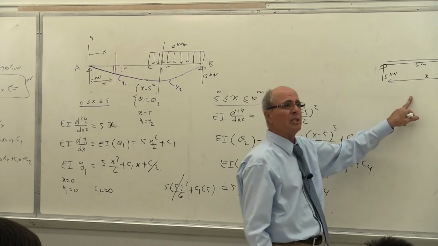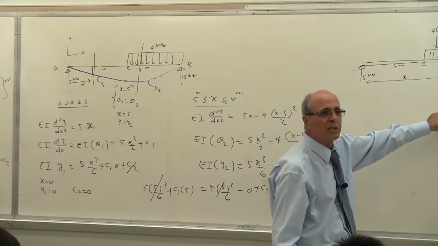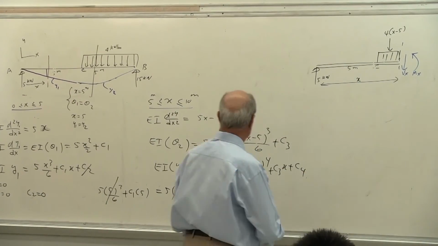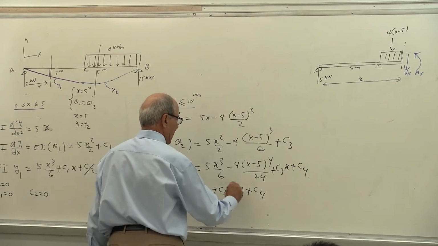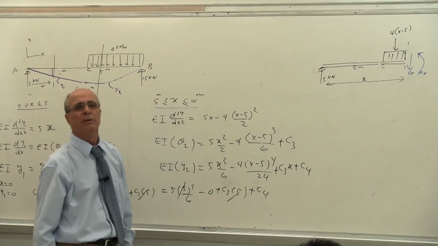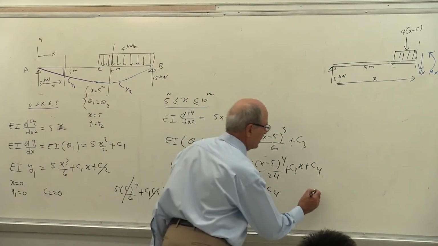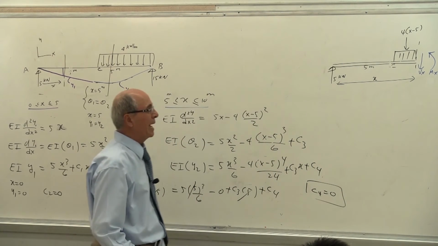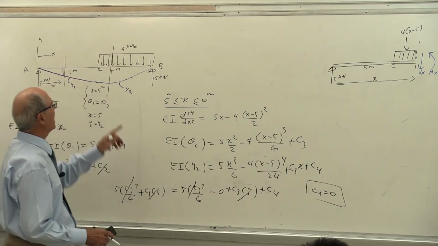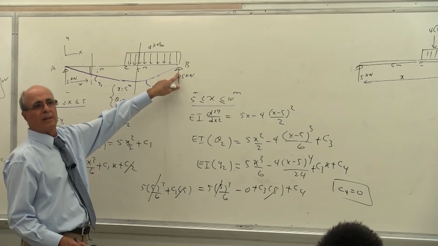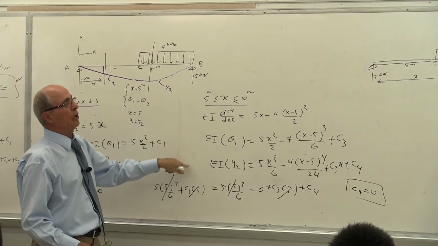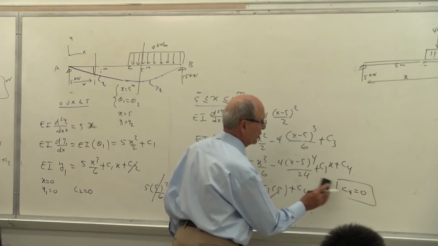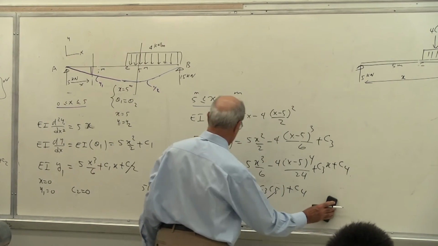But we already established C1 equal to C3. Everybody understand that? Then this drops out. And then C4 becomes equal to 0. So C4 becomes equal to 0. So we already read that. The last one that we have to use, we use at x equal to 10, y2 equal to 0. That's the one I have not used. So this is right. I'm going to erase that. I don't need all of this.